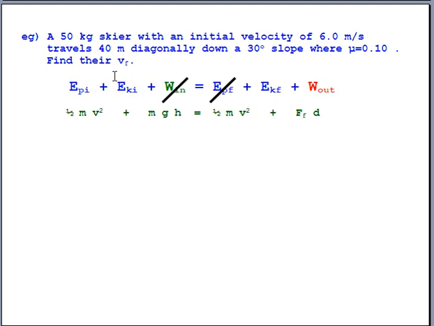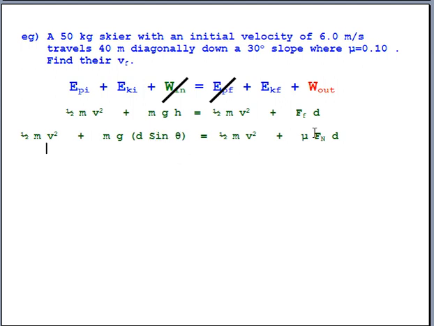At first glance, I would say don't cancel the M's, because I don't see an M in this algebra here, at least not yet. But then with a little bit more work, it might show up. Just like the example with the car on the hill, here is the way that we can find the height. It's the same triangle, right? Just going downhill instead of up. The D is the hypotenuse, and then this will allow us to find the opposite, which would be that vertical